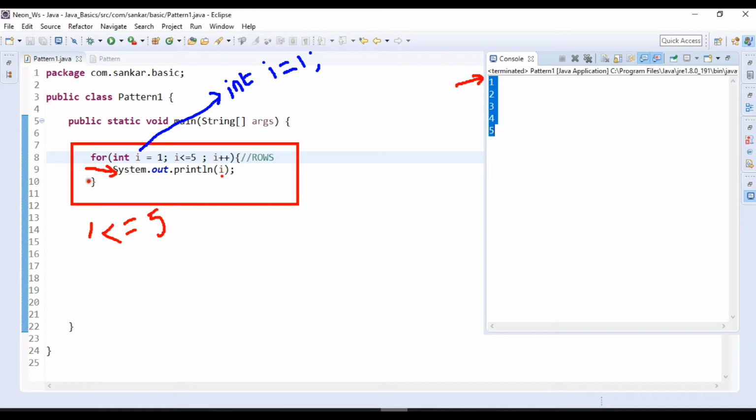After that, at the end of the for loop, it will go and check the increment operator, i plus plus. Let me tell what i plus plus is. Now tell me what is the i value initially. The i value 1 is there. Now I am incrementing with i plus plus. Now tell me what is the i value now. The i value becomes 2.